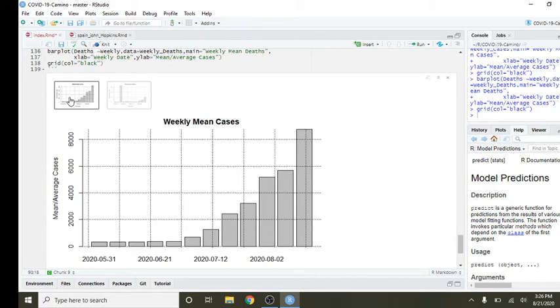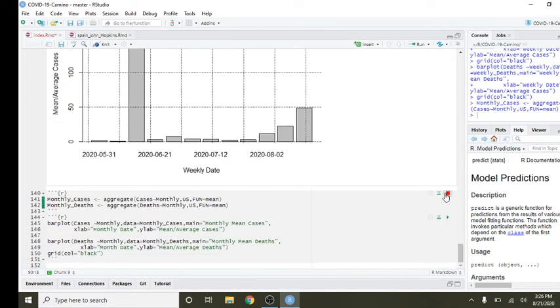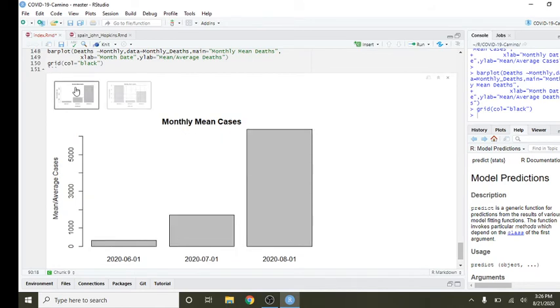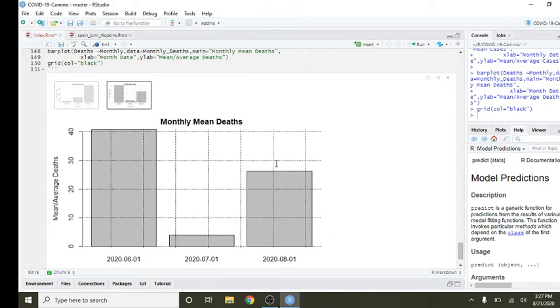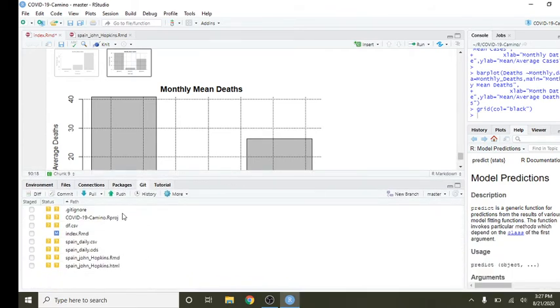Average number of cases by week. Average number of deaths by week. Monthly average number of cases by month. So August was already about 5,000 cases per month. And deaths may not catch June, but it's still way past July. Okay. So that takes care of